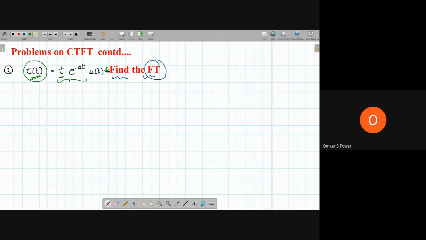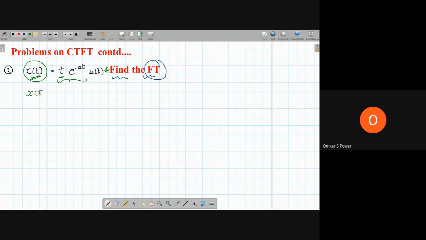So what is the first step you have to follow? First step, we have to write the mathematical expression and then substitute in the formula and get the solution. So this is like a jackpot, module 3 and module 4. If you remember the formulas and go on solving step by step, you will get easy marks here. So let's write the mathematical formula.